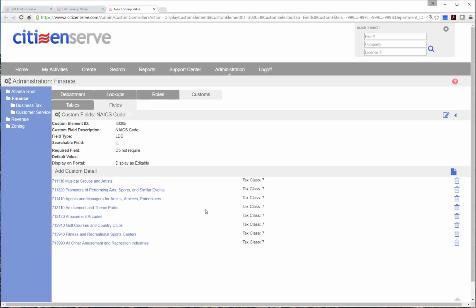So that's how we incorporate the NAICS codes into the business licenses themselves and use the NAICS code in the fee calculation. And this one's a little bit indirect because we're kind of using the NAICS code to determine the tax class for the occupational tax in the state of Georgia. But you can also go right from the NAICS code and calculating your fees